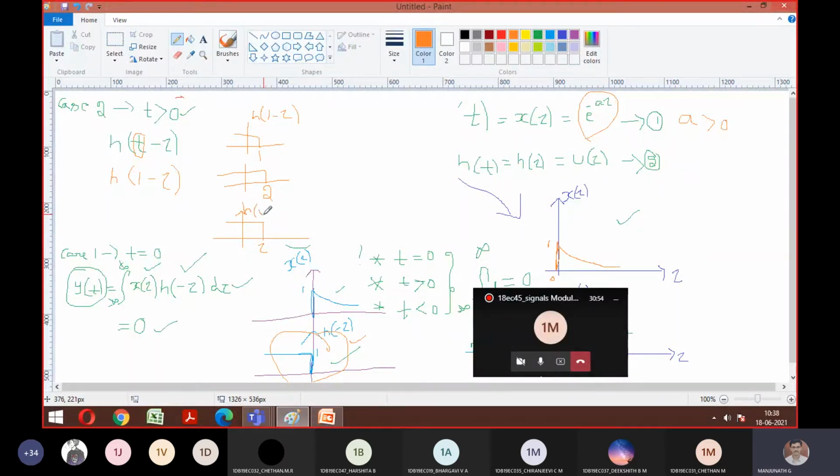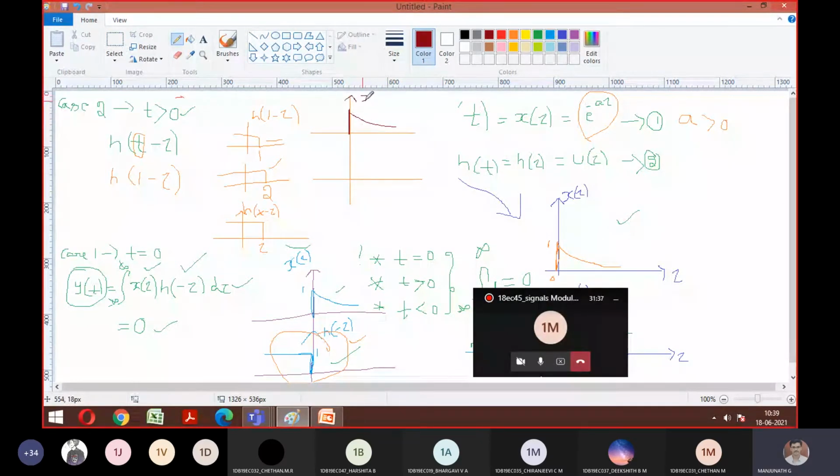Am I clear, guys, everyone? Yes, sir. So if anybody has doubts about how we got this, you can ask. Otherwise, let me proceed. So x of tau we already have. I plotted just now how to plot h of t minus tau. Since this t is not having any interval, I can't keep writing the things like how I just showed. So instead of that, let's make it generalized. After making this generalized, how do both look? Let me give a scale. Now tell me, x of tau, how does it look? It is the same as how it was looking, correct? So it is like this only.